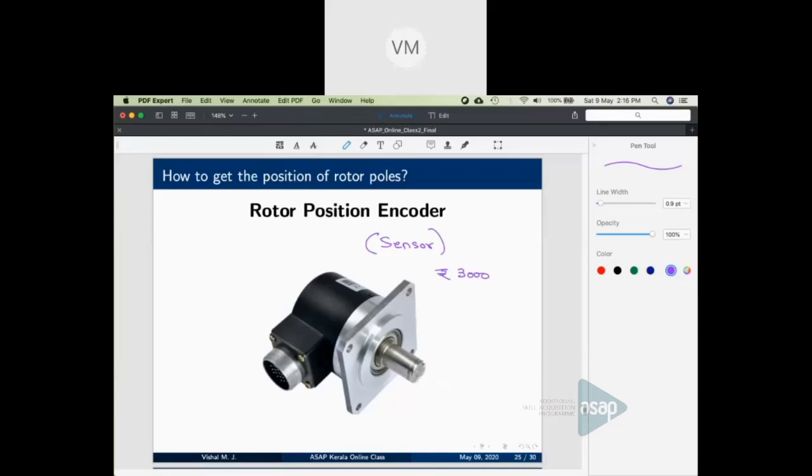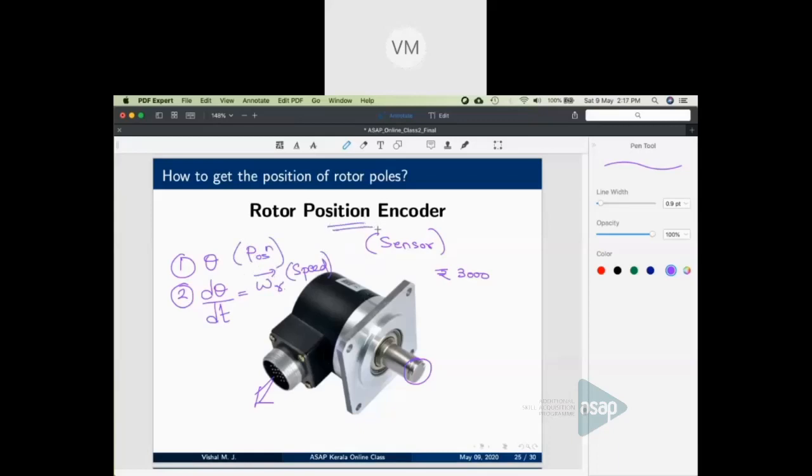At the driving end, you have your rotating load. At the non-driving end, you connect this to the motor. And through this, you will get to any rotor position encoder. This may be a very complex RPE, but any encoder will give two parameters. One is theta, that is the position of the rotor poles. Second one is d theta by dt, the time differential of this theta. What is this? This is nothing but the speed of the rotor. It gives speed, it gives position. These two signals any rotor position encoder will give.